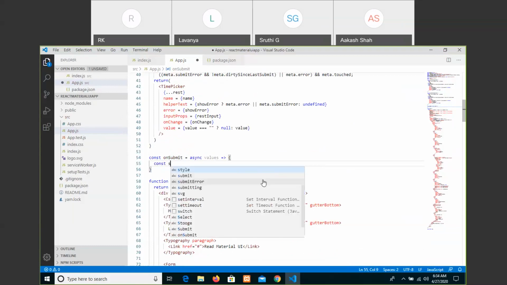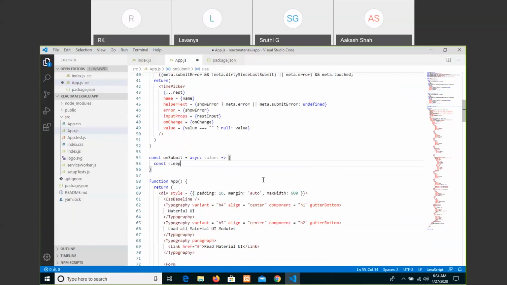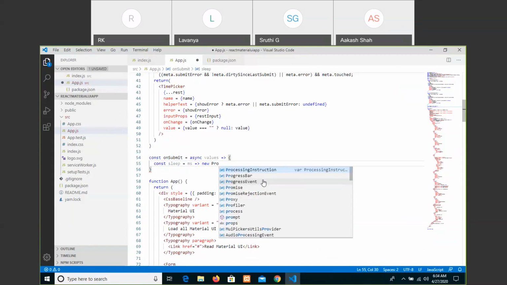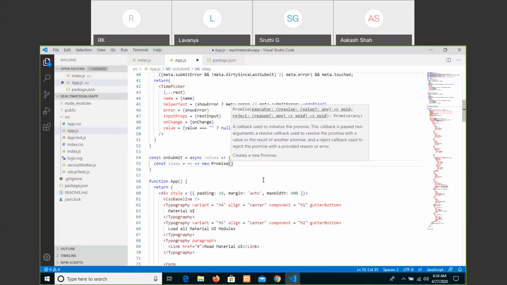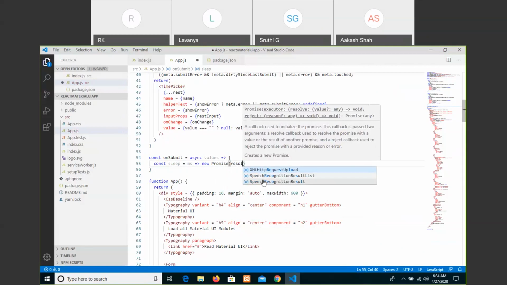And then const sleep equals ms, new Promise, resolve.